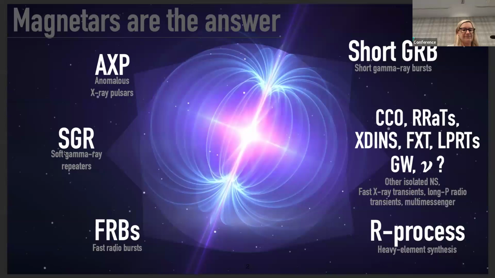First, I'm going to tell you why I'm excited about magnetars. Because magnetars are the answer. If you have something that you probably don't know what it is, statistically, it could be a magnetar. Since the beginning, magnetars were the answer behind anomalous X-ray pulsars and soft gamma ray repeaters, and then they got merged together in this common origin. And then we noticed magnetars could be the origin of some of the FRBs.